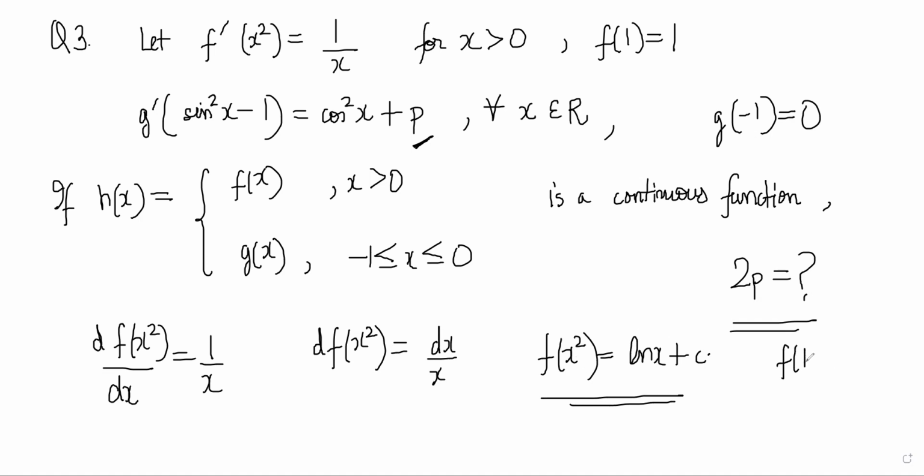And f of 1 is 1. So you put x is equal to 1 here, you get constant is 0. So we get f of x square is equal to ln x from here. Great. So if f of x square is ln x,